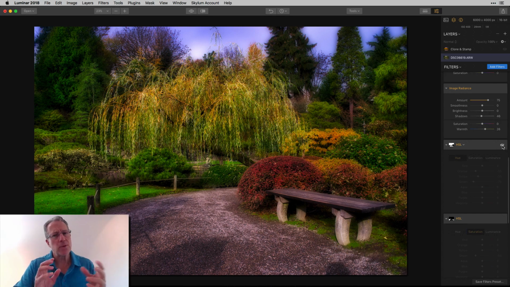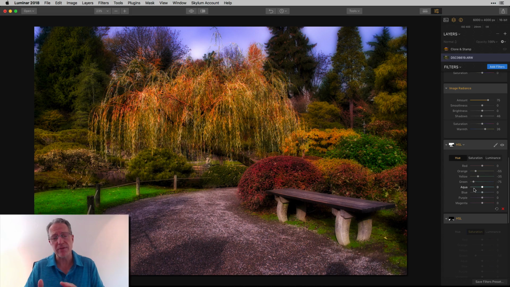That's because I wanted to create more of a fall look and really change the hue of some of these colors. So that's what I did. If you look at that before, more greenish yellow, and after, more orangey yellow. That's really just a hue shift. I just came in here to the orange, the yellow, and the green, and I took the hues to the left, right? So basically taking them away from the color that they are,